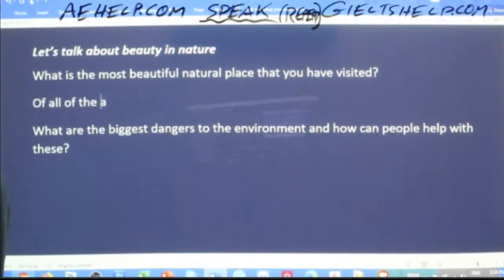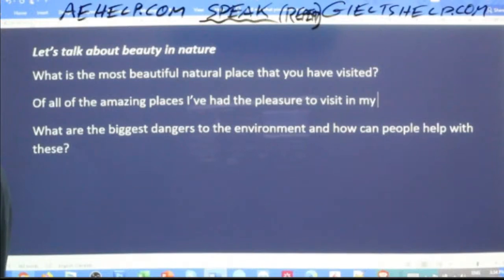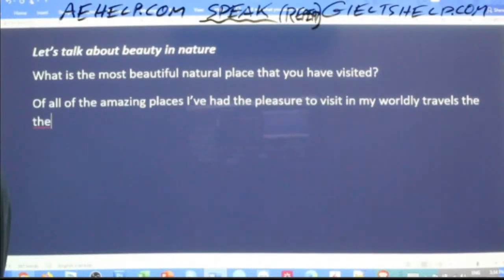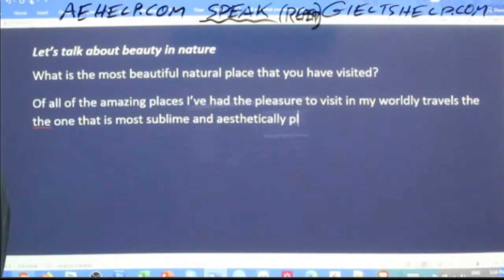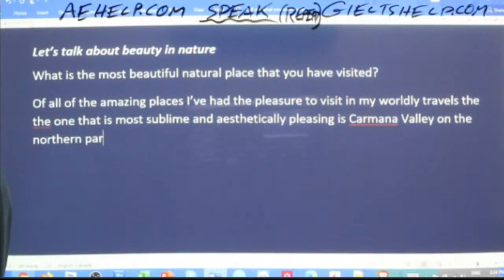Of all of the amazing places I've had the pleasure to visit in my worldly travels, the one that is most sublime and aesthetically pleasing is Carmanah Valley on the northern part of Vancouver Island, British Columbia.